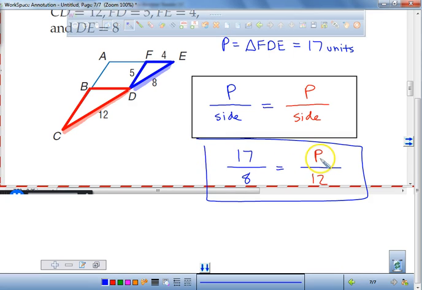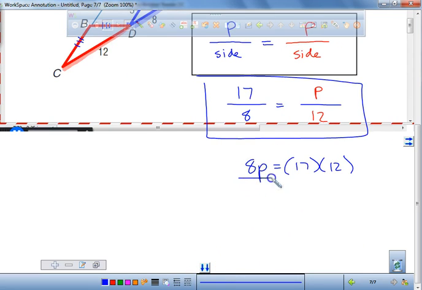So when we cross multiply and solve for P, guess what we didn't have to find? We didn't have to find this side or this side to add them all up. All we did was find the what? Found the perimeter of the blue, and compared them. So here we go. 8P equals 17 times 12. And when you divide both sides by 8,